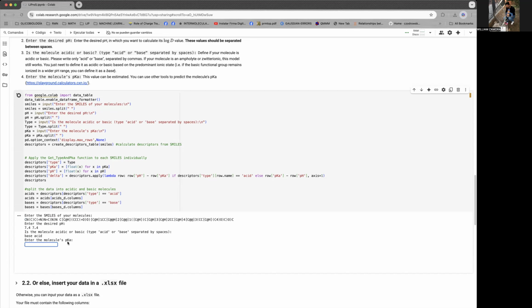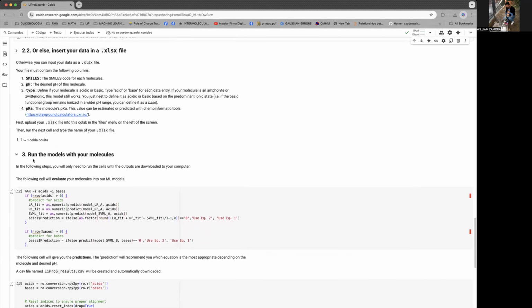And the pKa. There are very good machine learning tools for predicting the pKa. You can use commercial software like Canapso or ACD Labs, for instance, or you can find experimental pKa if your molecules are very common. In this example, we use the experimental pKa for metformin and the experimental pKa for oxycholic acid. Enter, and then the script is running, and you can go to the third part, to run the models with